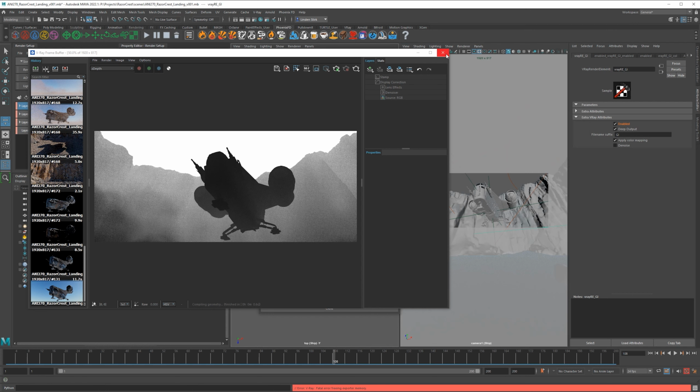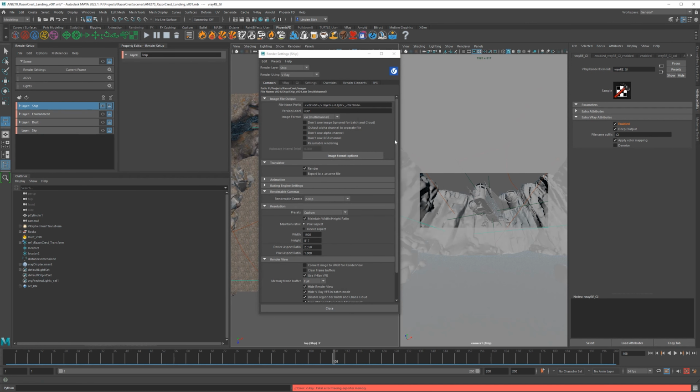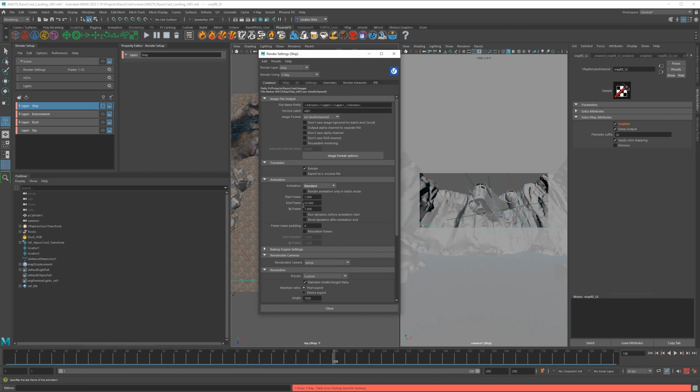Okay, so we can go back out of that, close the IPR again, and now we can go down to animation. So this is going to be pretty important. If you don't set animation, it's only going to render one frame. So we want to do standard probably, but standard is going to render from frame 1 to frame 10 by default. We're going to be rendering frame 1 to frame 200. I don't really want any more frames than this, and I'm sure you don't want to have to render more than 200 frames. This is pretty standard Maya stuff.